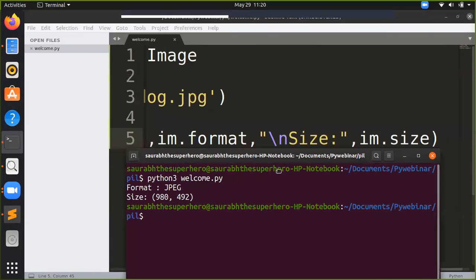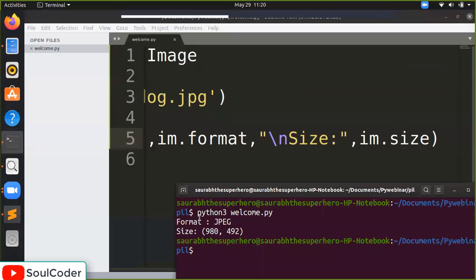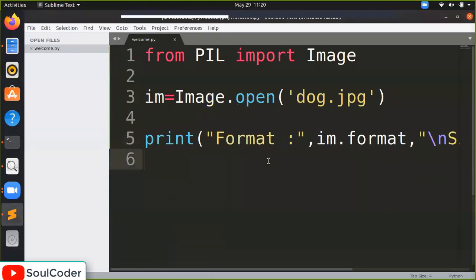Okay, so we can clearly see the format is JPEG and the size is 980 by 490. To prove what exactly this size is: an image is nothing but an array, and it is the contents of the pixels.